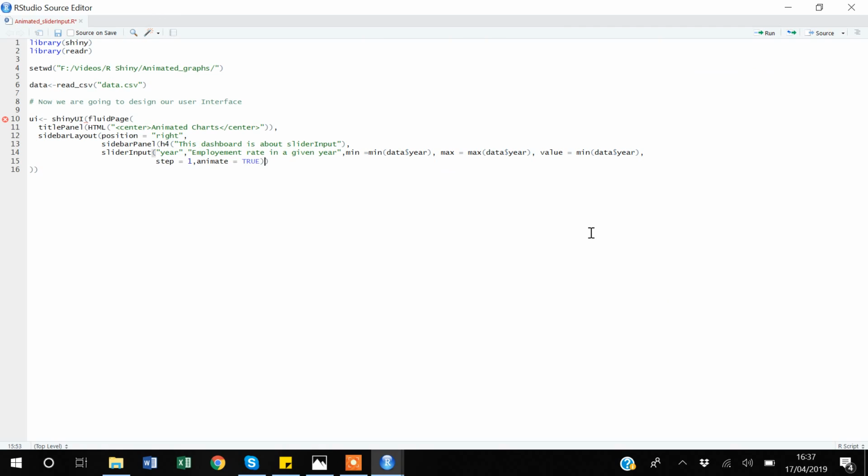I will also tell you about other options of animation, but currently I will just finish my first slider input here. And the second thing I now want to create is my text input. As I mentioned, I will add some other options later in my video, and I will show you how those options are working. So I will go with the second, within my slider input. I will be creating another